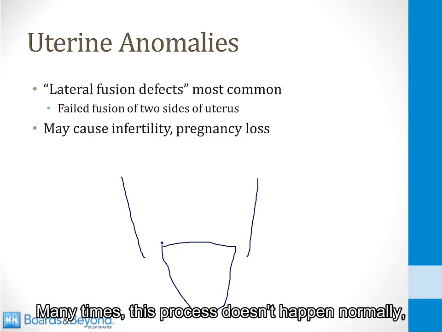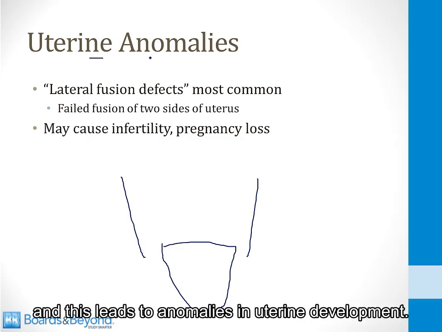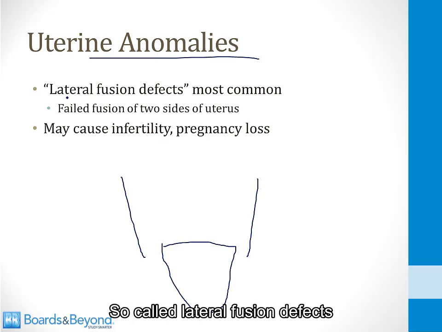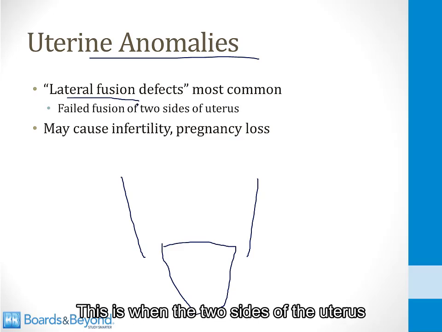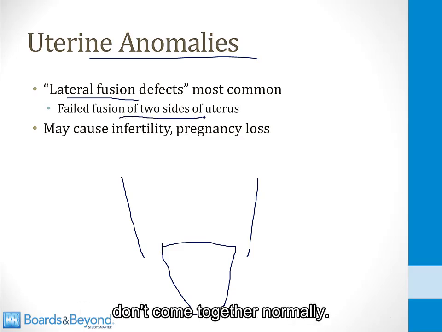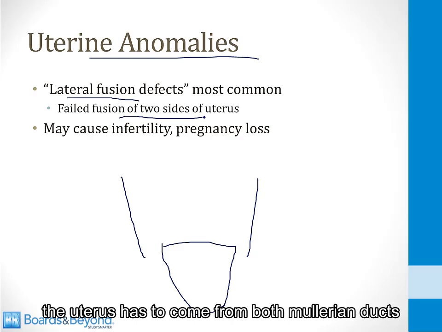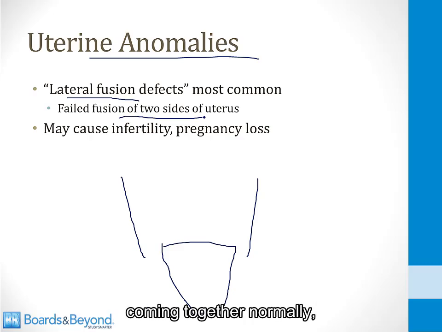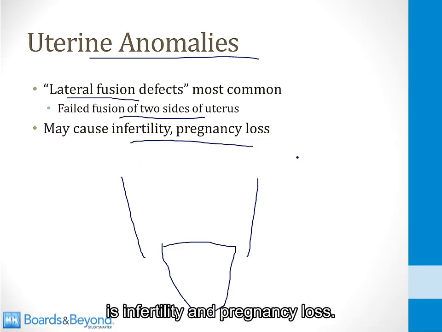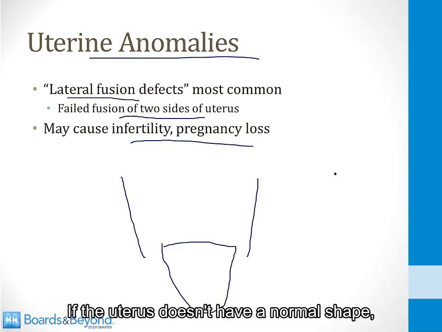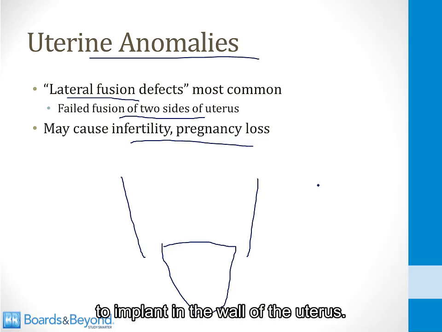Many times this process doesn't happen normally, and this leads to anomalies in uterine development. So-called lateral fusion defects are the most common type of uterine anomaly. This is when the two sides of the uterus don't come together normally, because remember, the uterus has to come from both Müllerian ducts coming together normally. And the problem this can create for women is infertility and pregnancy loss. If the uterus doesn't have a normal shape, it can be difficult for the embryo to implant in the wall